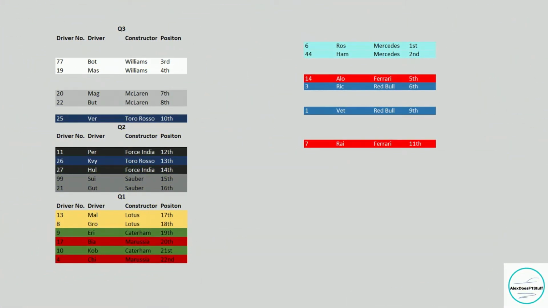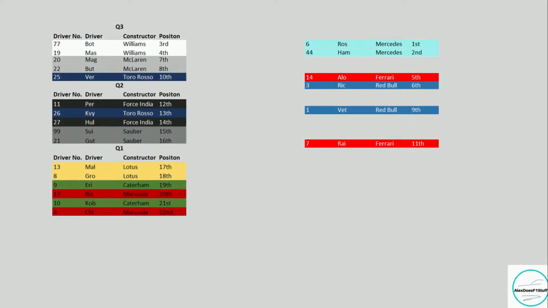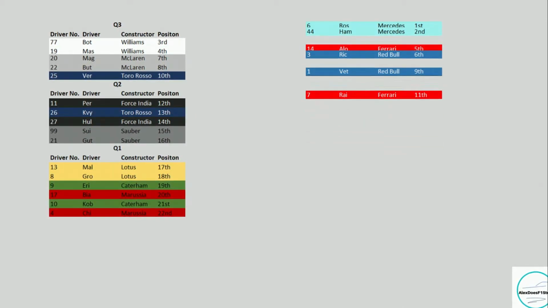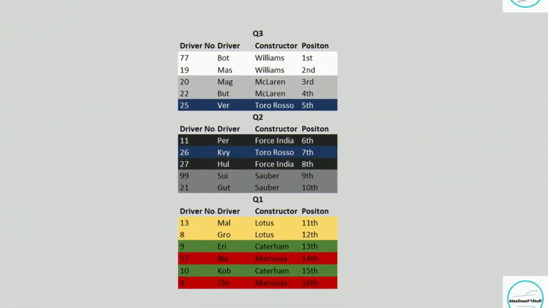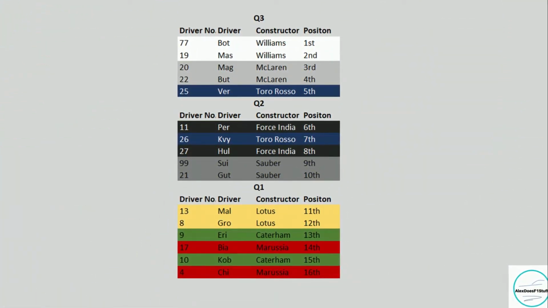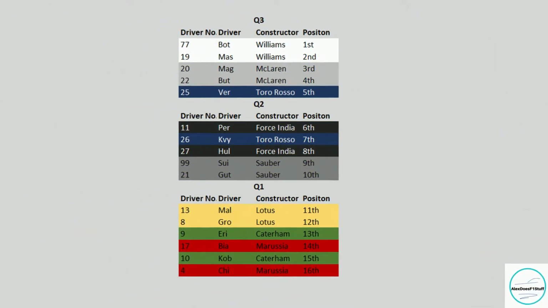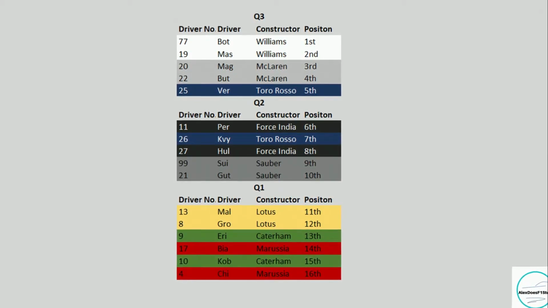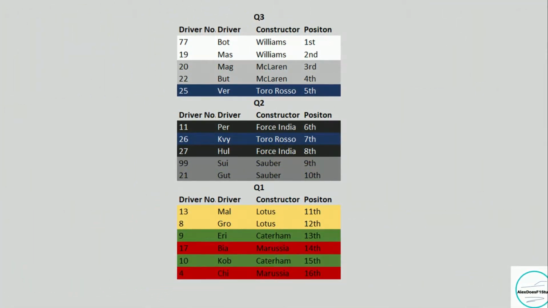So after those 6 drivers have been taken out, I will then shuffle up everybody else, creating these new Q3, Q2 and Q1 sessions. We will then completely eliminate the top 6 drivers. And then we are left with a board that looks a bit like this after I've adjusted everyone's finishing positions. The main takeaway point of this is I will not adjust the Q3, Q2 and Q1 sessions. And by that I mean I will keep the...